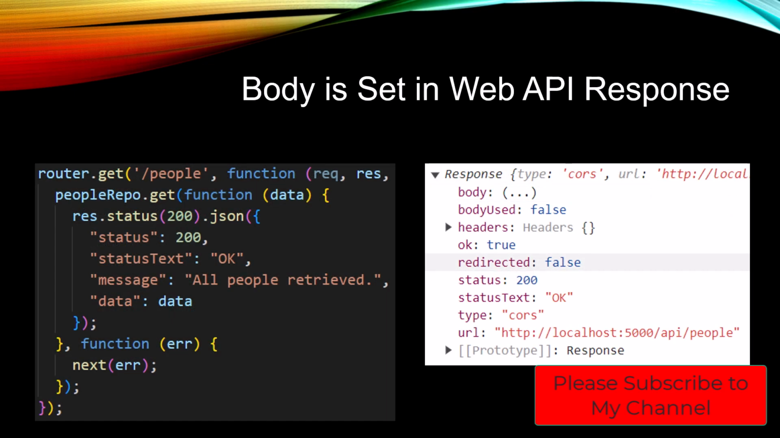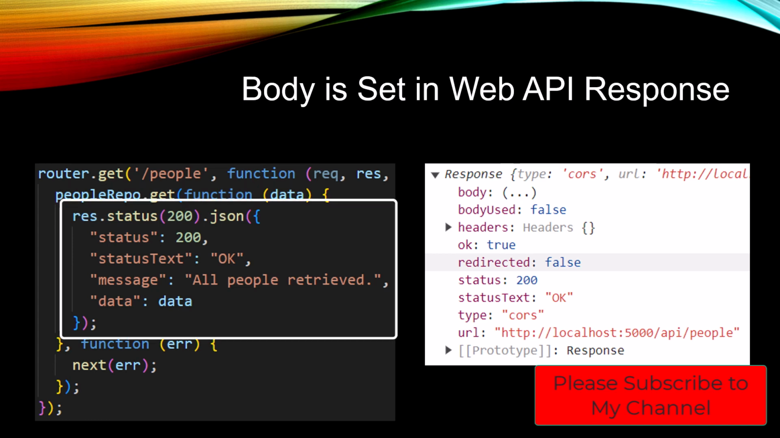So where is this body coming from? Well, it comes from our web API that we wrote. So in the router.get, where I had /people, that's the one we just called, I went out and got the data from the file. That is then returned back in that function, data passed into that function that we then do a